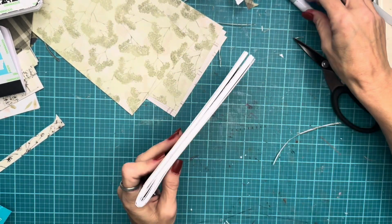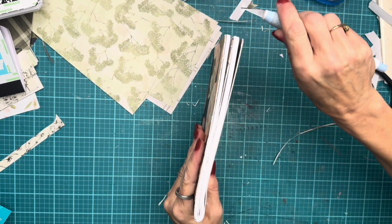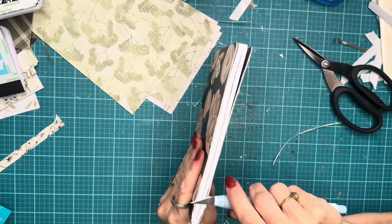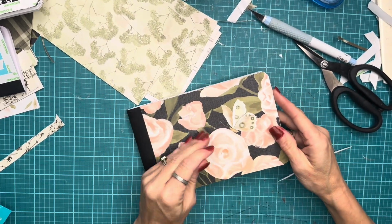Okay, let's do it like this. Thankfully that's on the bottom. Oh, that was close. Did y'all see that? I almost got my hand. Yep, I almost done it. All right, let's do one more